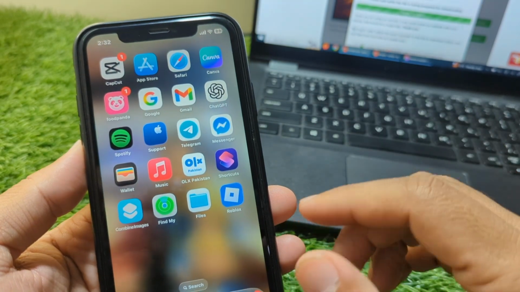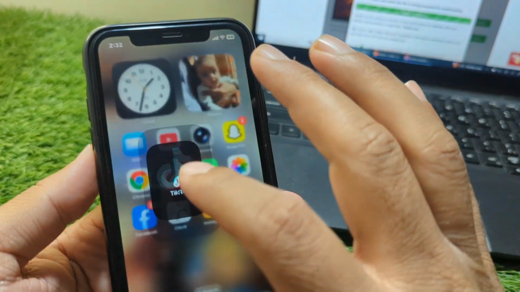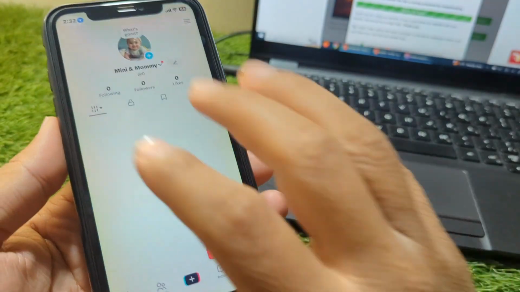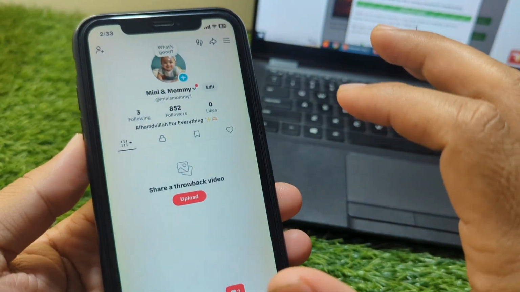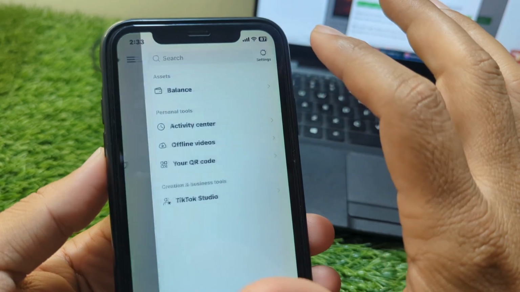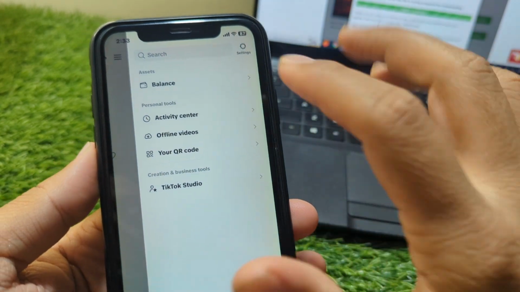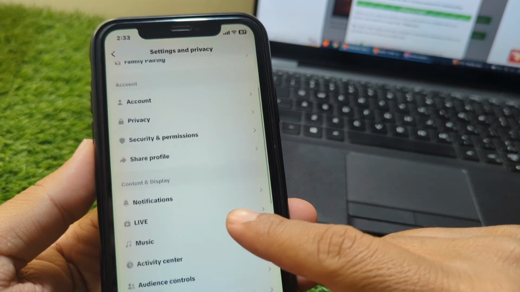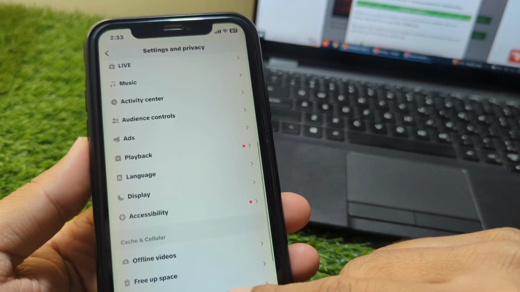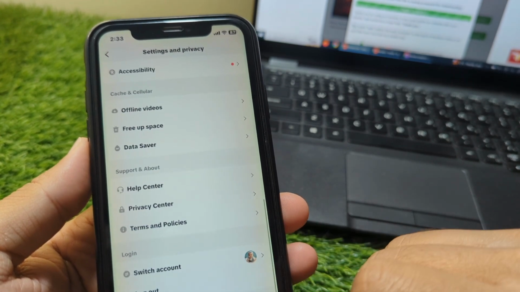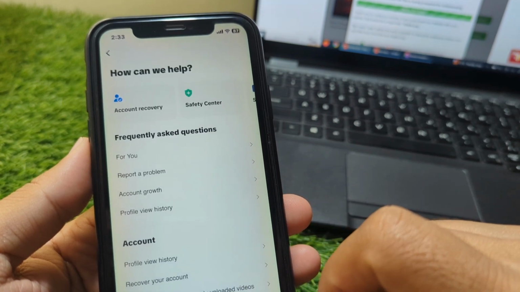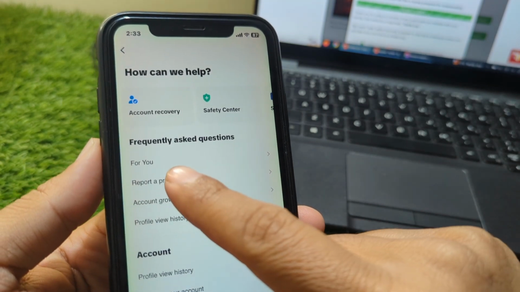And if the problem is still there, then you have to simply open your TikTok, tap on profile, and then tap on the three lines button for settings, and again tap on settings, and from here scroll down below and then tap on help center from here, and from here tap on report a problem,